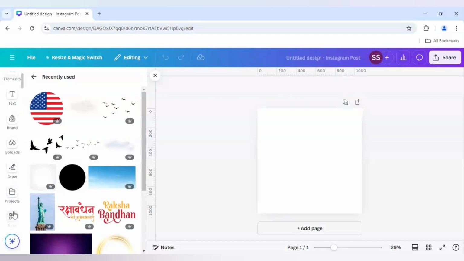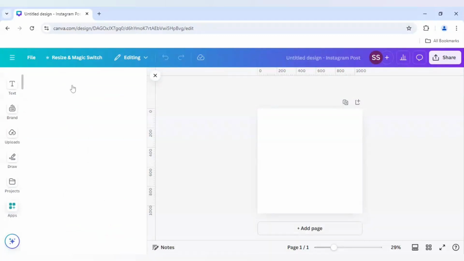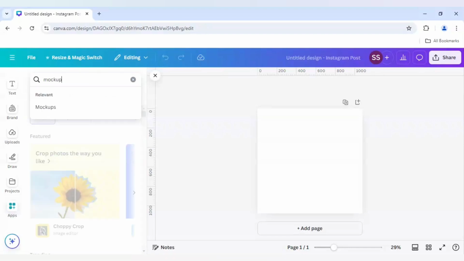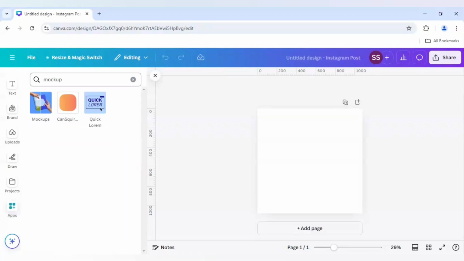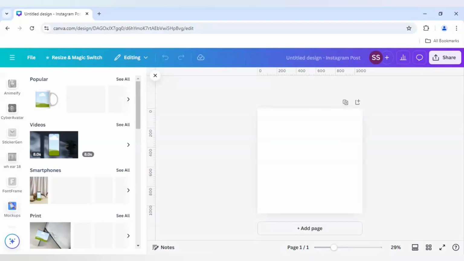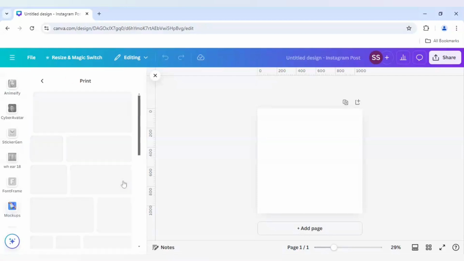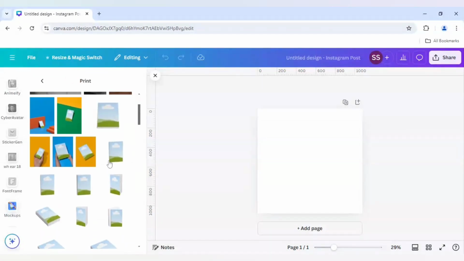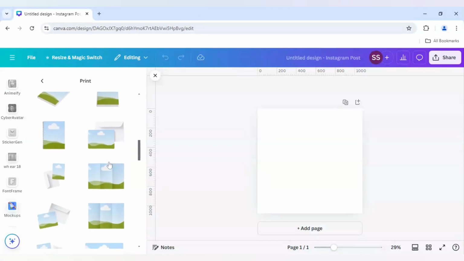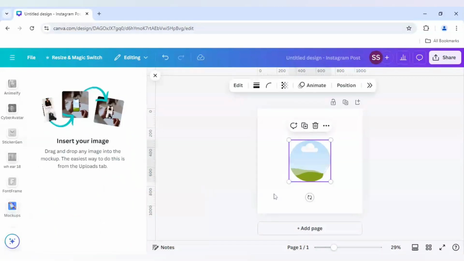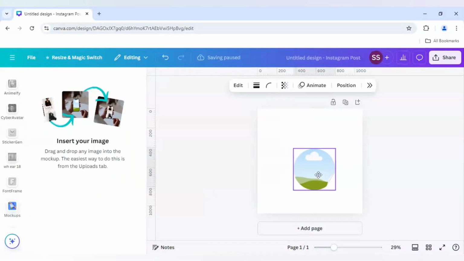So for that I will go to apps here, and here I will type mockup. I will choose the first one, and here I will scroll down to find print. Click on see all, and I will choose this frame. As you can see, I have brought it here,